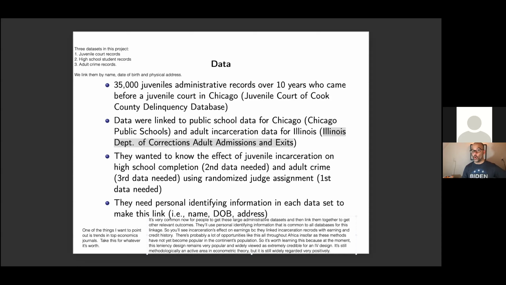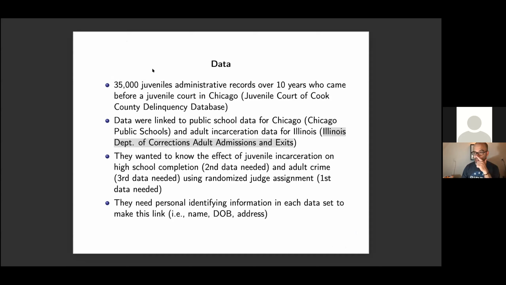All right, to answer Nora's question about what are some good IV papers, these judge fixed effects papers tend to be like that. So I'm just putting that in your head. If you think you can build relationships with government officials and they digitize their data sets, and you could find any kind of randomization of a decision maker, it doesn't have to be a judge, right? You just want to be thinking about this pipeline that a person moves through that gets assigned to a particular decision maker. That's really what you want to focus on. And if you can find that, then you might have a judge fixed effects or a leniency design type of study